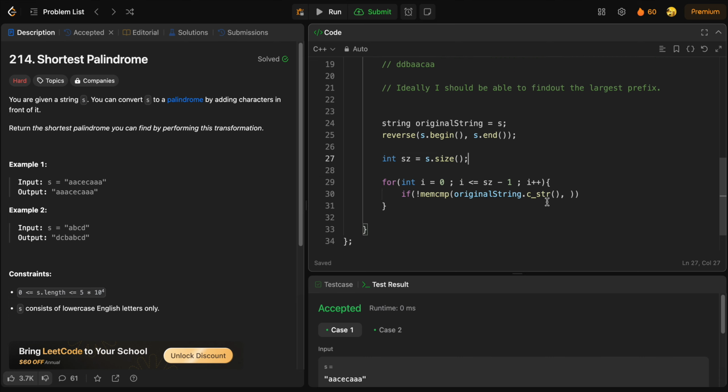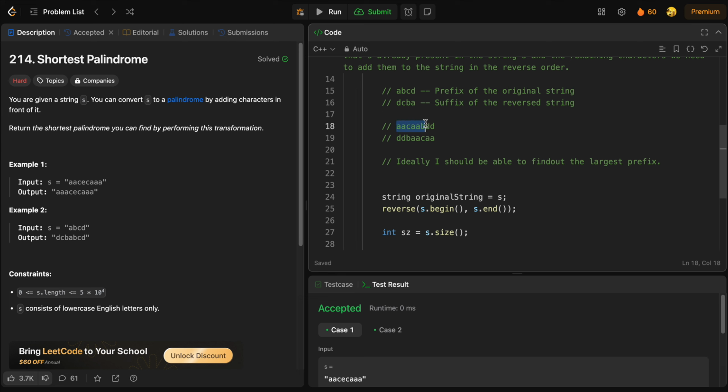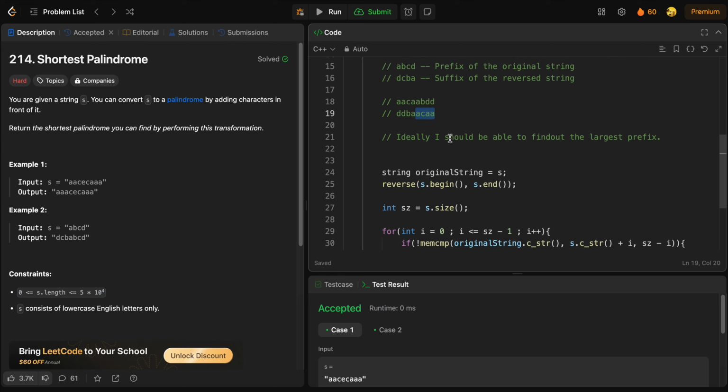So size would be size minus i, and I'm comparing the original string's starting point and the reverse string's starting point plus i. I'll start comparing from the maximum size, and every iteration I reduce the size by i and find the answer. So if the negation of memcmp is true, in the sense that both the strings are exactly equal, or this prefix is exactly the same as this prefix, then what I'll do is